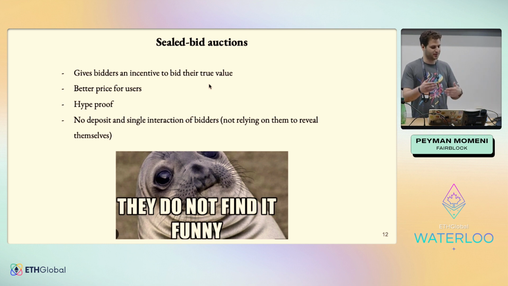So there's just a single interaction, and in most of the other implementations in the space, you need some kind of deposit. So if you don't reveal it, you should be slashed. But in this case, you don't need any deposit because other people are going to decrypt it anyway. And one example is NFT marketplaces and sealed bid auctions